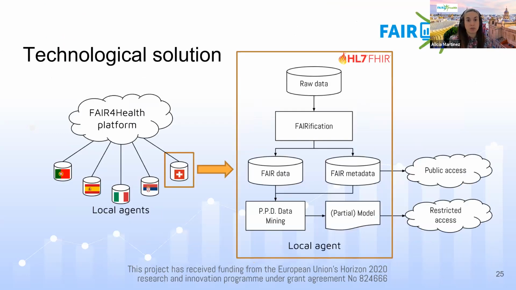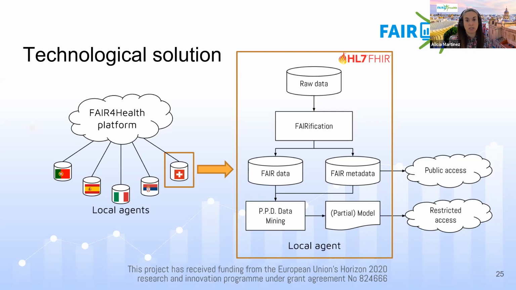The technological solution that we are developing is based on 2 main entities, the FAIR4Health platform on the left and the FAIR4Health local agents on the right in the diagram. The FAIR4Health agents, which will be located at the data owner's premises, will enable the verification of local datasets through its user-driven extraction, transformation, and load functionalities.